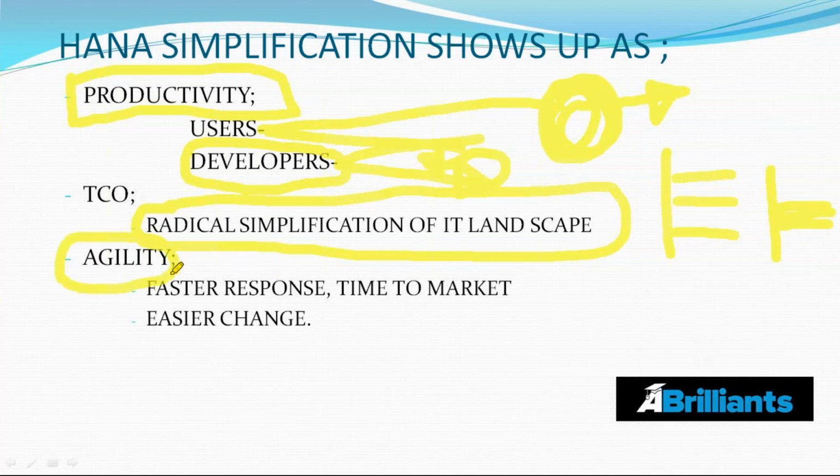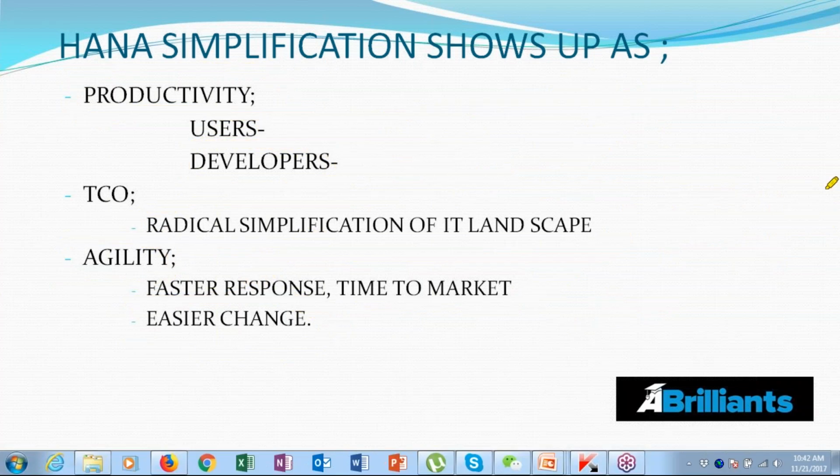Now it brings us to the point of agility. We had fast response time because with the new SAP system powered by HANA, data is being stored in memory. The time to market, that is, time to analytics, is faster because of our analytics tools such as Lumira and predictive data analysis. We also have easier changes because of the innovation, because our current system is flexible. The flexibility of our current application makes it easier for changes to be made on the HANA application platform.